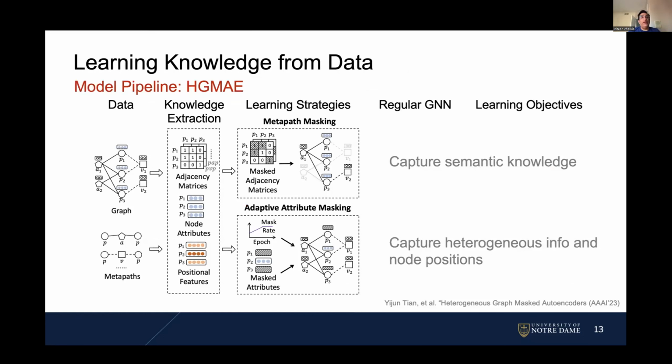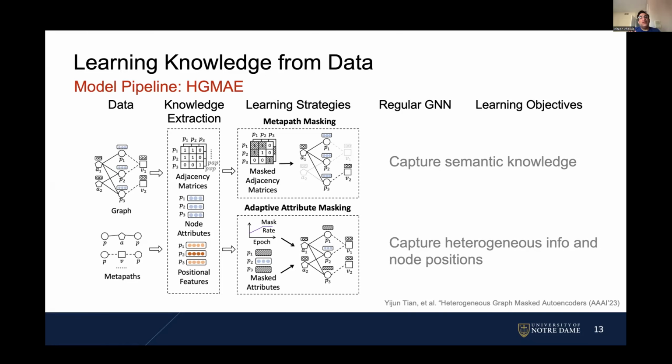So one of the works that we did is what we call hypergraph masked autoencoders. This was recently published in AAAI, wherein what we're trying to say is that what if I can provide a masking strategy, and the knowledge that I would extract is, say, adjacency matrices that gets to which nodes are next to each other. We could get node attributes as knowledge that may exist, and we could prescribe some meta paths to get some positional features or locations of the nodes. And then what if I give you a masking pattern? What if I say, hey, you mask